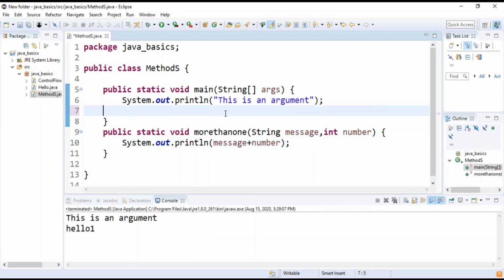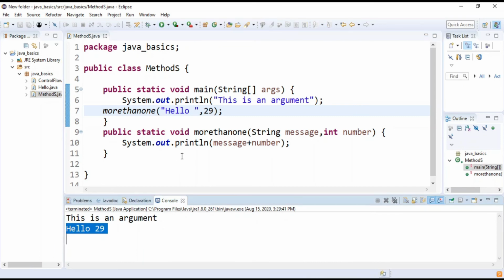Now let us call this method moreThanOne. We'll first pass some string like hello, and then a number like 29, and then we'll run. See, hello 29. What if I pass only one argument, either int or string?